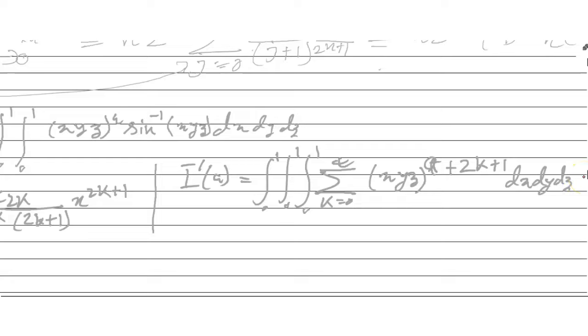A plus 2k plus 1 dx dy dz. So it can be written this way: 0 to 1 and 0 to 1 and 0 to 1, summation k equals 0 to infinity,